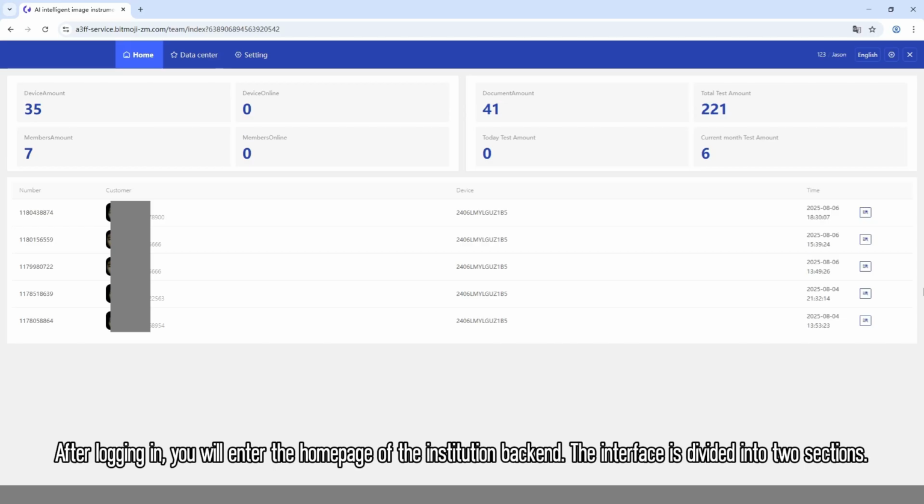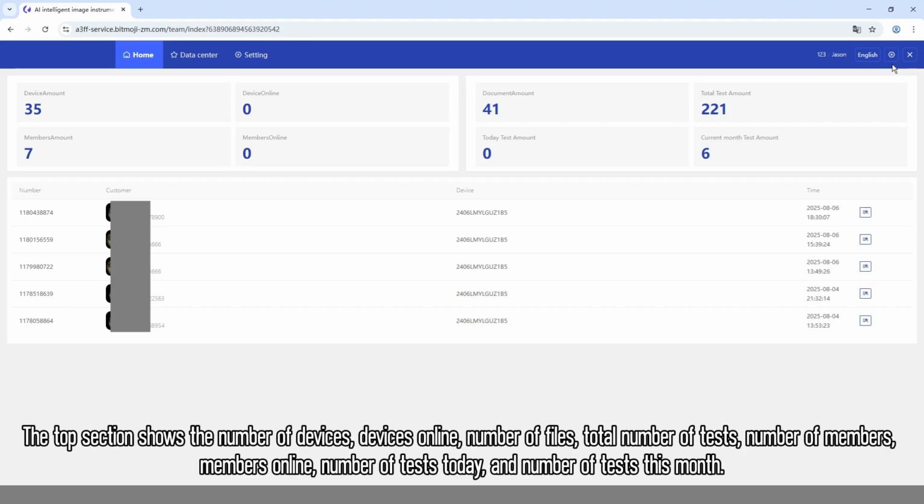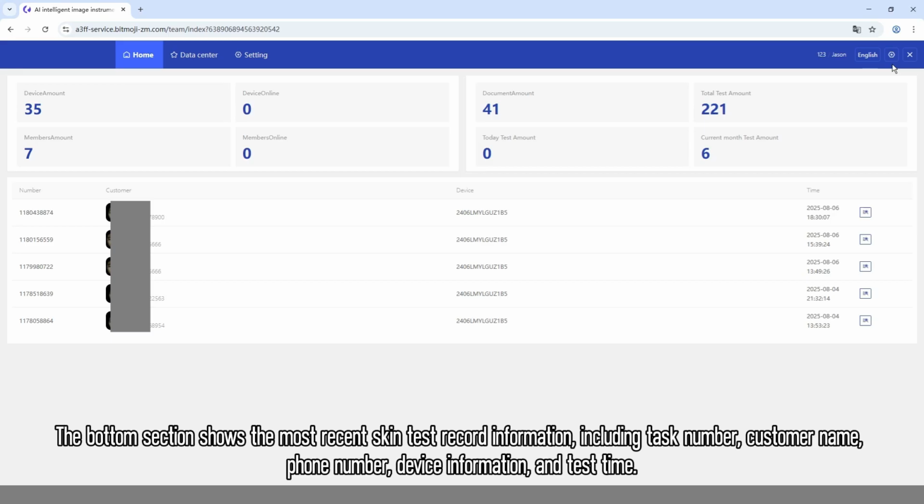2. Home page. After logging in, you will enter the home page of the institution backend. The interface is divided into 2 sections. The top section shows the number of devices, devices online, number of files, total number of tests, number of members, members online, number of tests today, and number of tests this month. The bottom section shows the most recent skin test record information, including task number, customer name, phone number, device information,